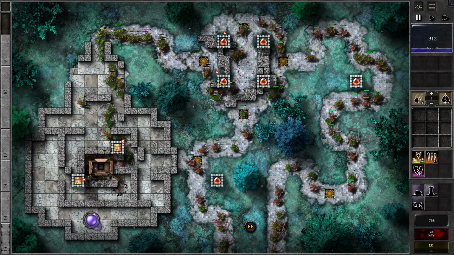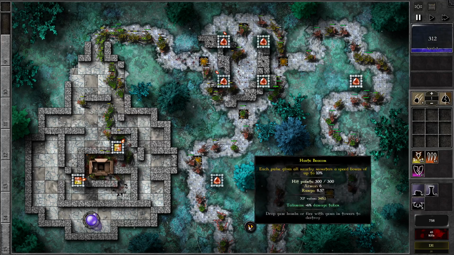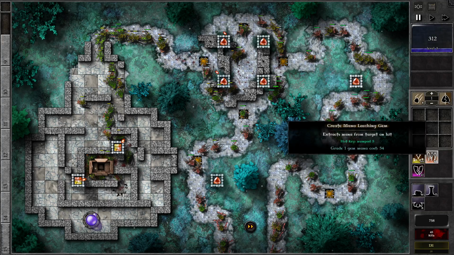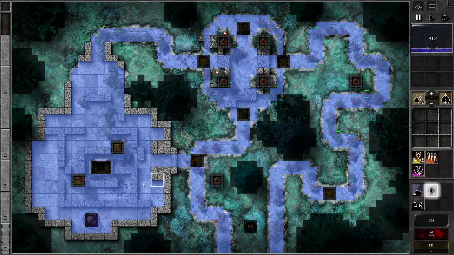So is it more important to get a third tower to work on things, or to start working on this haste beacon? I'm going to go with the third tower. I think that's the smart way to handle this. Should be able to build...